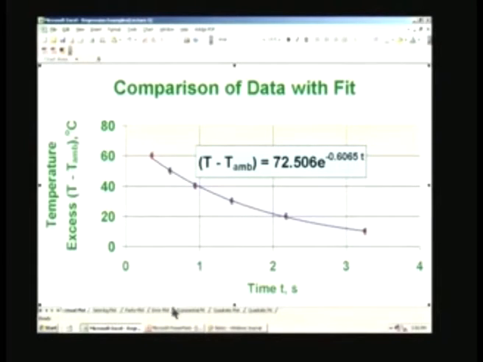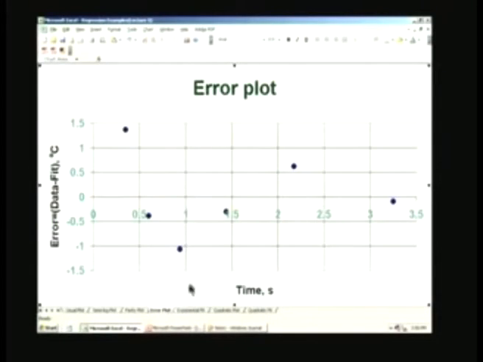So, for that two more plots are possible. I can make an error plot, which shows the error at each data point. This plot is very useful, because in this case you see that the error points are lying on both sides of the 0 line. This is the 0 error line. This line would have been the line on which all these data points would have been lying were there no error. Because there are errors at each data point, these 2 points are on the positive side, these 4 points happen to be on the negative side.